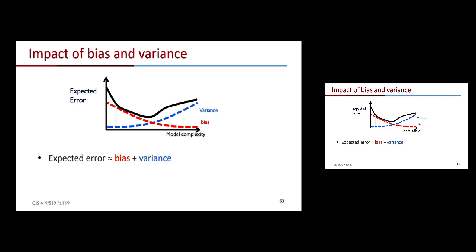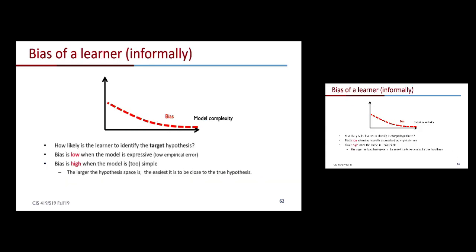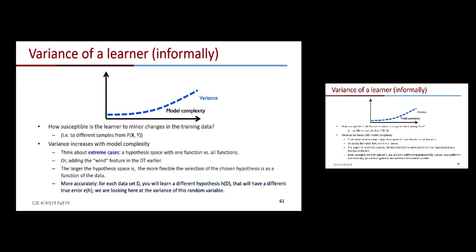Just to give you a hint, the performance, the expected error, if you want, the stuff we care about, is going to be a combination of the bias and the variance, where the bias is how well can we fit the data in the training, and the variance is basically, as a function of model complexity, how varied the model will behave